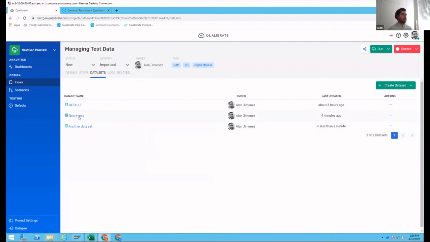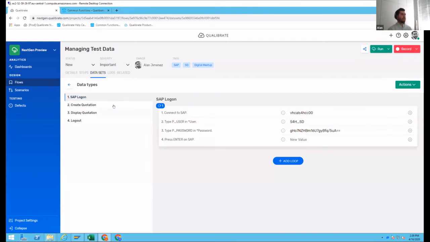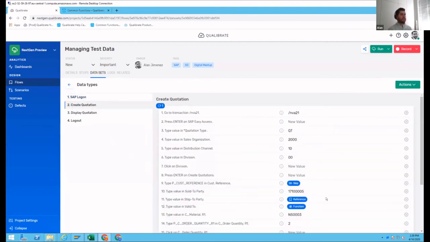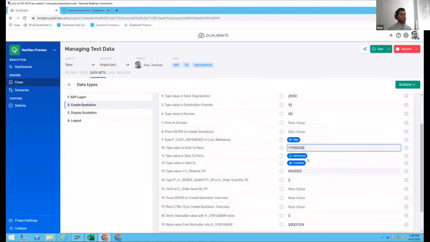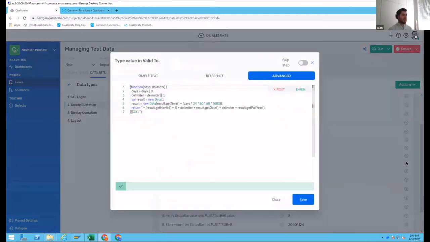As a second step, I showed you the ability to import and export, but also advanced capabilities of the different data types that we support. The important ones are the skip data types, and simple text, of course, which is the simplest data type that you can enter. References help you do lookups between the steps themselves. So if you want to reuse a parameter from a previous step, you can do that with a reference. And last but not least, functions, for which there are several use cases. I think one of the most interesting is how to generate dynamic dates, especially if I want to generate today's date plus 30. You have the ability to do that, and this will work at playback.